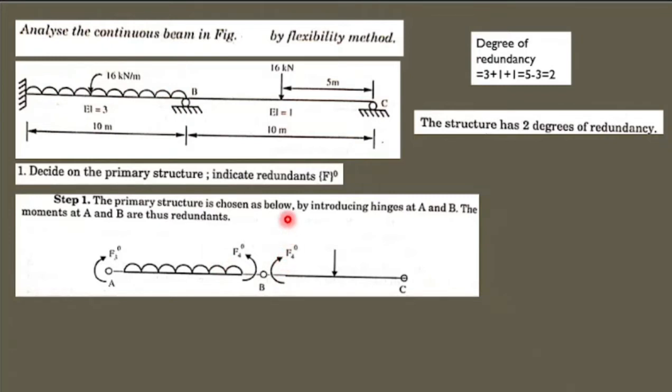So generally F naught is the redundant force. What is the redundancy? It is the negative bending moment. Where will you be having negative bending moment? At support A and support B. Why will you not have negative moment at support C? Because it is a roller. At a roller the moment will be 0. So you will not have any moment. So at joint C nothing is written here.